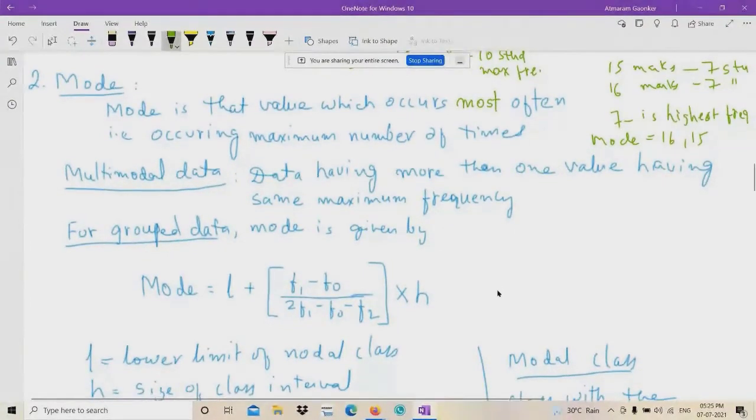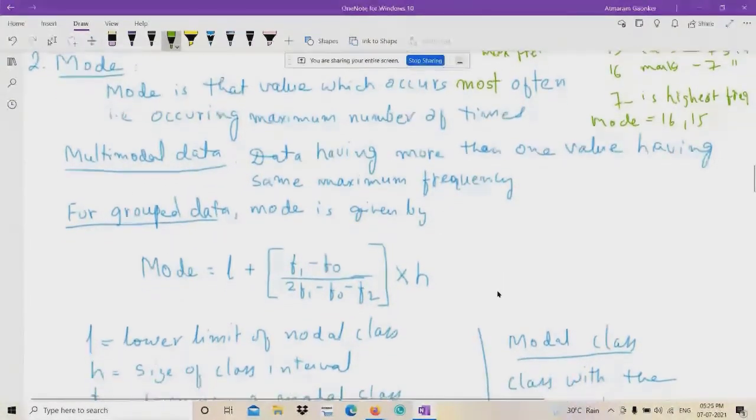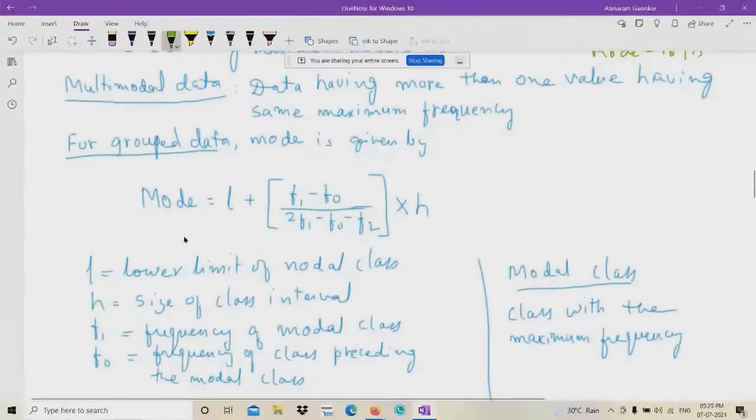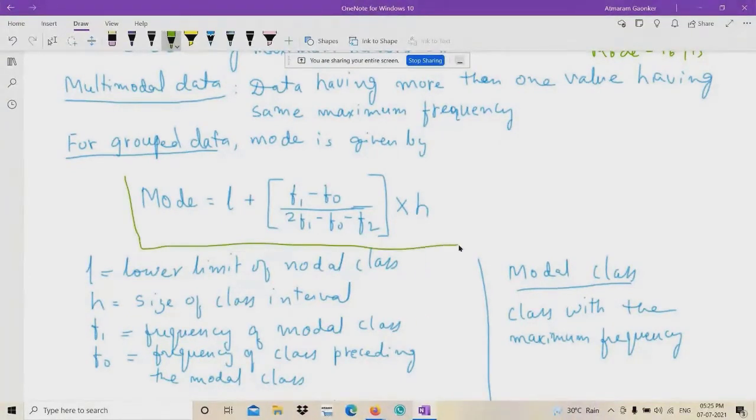For grouped data, what is the mode? There is a formula for mode of grouped data, and this formula you should know by heart. This is a very, very important formula. You may be given some data, and using this formula you find all these parameters and calculate the mode. Mode is given for grouped data as L plus (F1 minus F0) divided by (2F1 minus F0